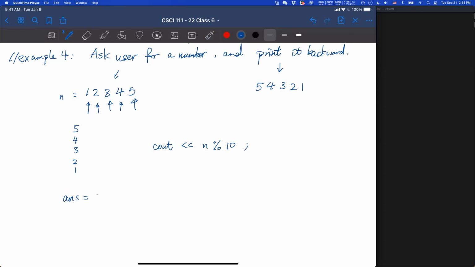You will start with 0. And the idea here is you want to get the first digit. Or if your number is only 1 digit, then the backward of it is still 5.